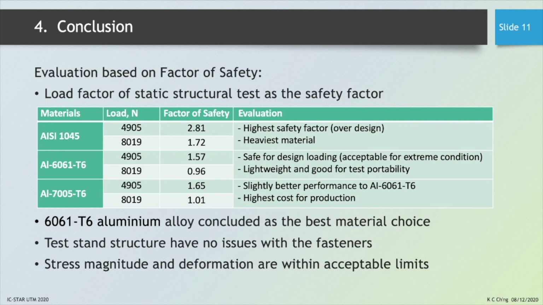From here, we can see that although the AISI 1045 has the higher safety factor, it is the heaviest material and therefore will be deemed as an over-design for the test structure. For the two aluminum alloys, the 6061 and the 7005 have almost similar performance. Although the latter has a slightly better performance, it has a higher cost for production and therefore will not be